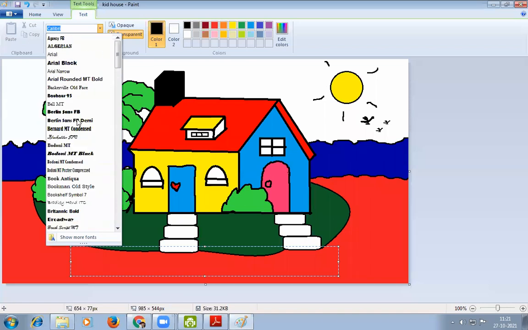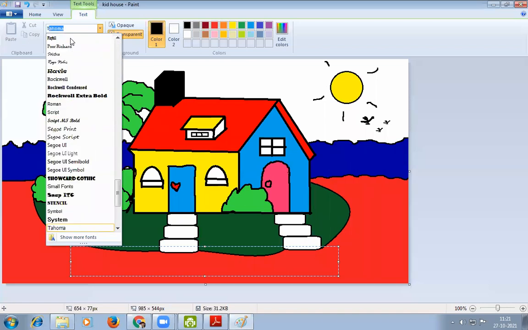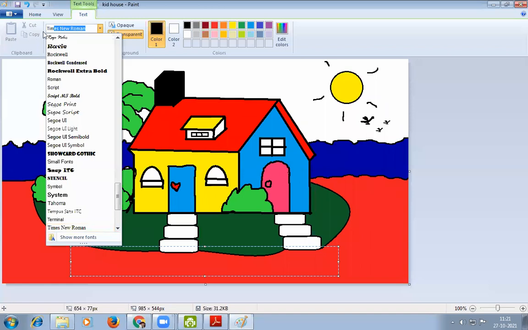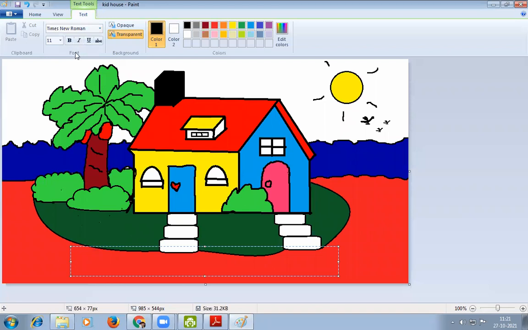For example, I am choosing Times New Roman. So Times New Roman text face is selected. Now we are going to choose the size of the text. Size of the text represents the height and width of the text. For example, I am choosing 28 here. The size of the text will be 28.